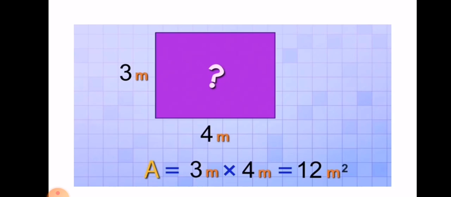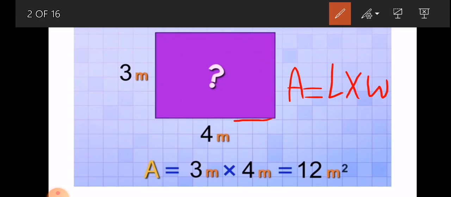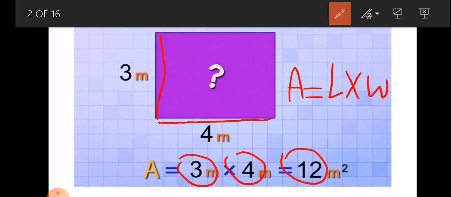In front of you, you have a rectangle, and we said before that the area of the rectangle is what? Length multiplied by width. The length you have is 4, the width is 3, so 3 multiplied by 4 will give you 12 meters squared. Okay,